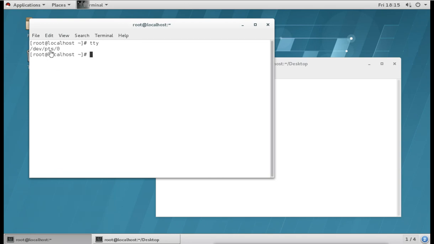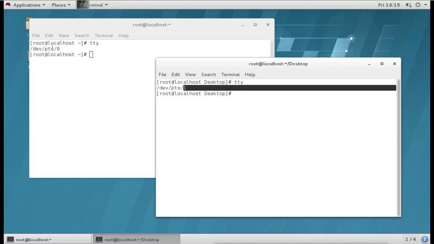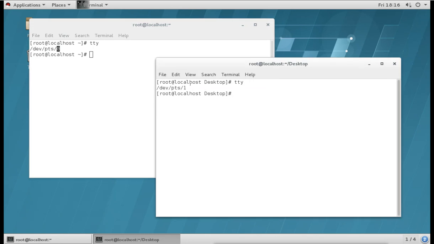Pseudo starts with P, and P is silent. So pseudo terminal 0 is the first terminal I opened, and this one is the second terminal. When I run the command tty, it shows PTS 1. So this is 0 and this is PTS 1. These are the pseudo terminals.